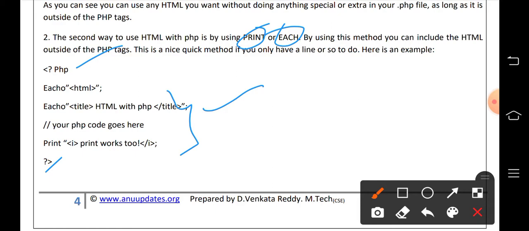Got it? Here in between PHP we are declaring one HTML form. In that we are declaring one title as HTML with PHP, and we can write the coding part here, and then we are printing the data, combining HTML and PHP code.